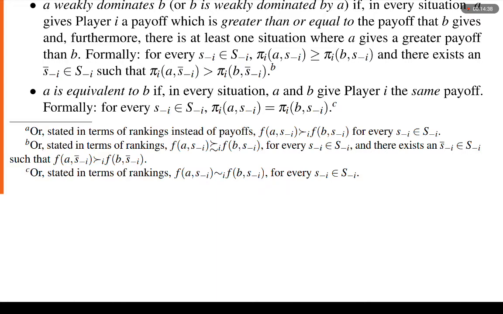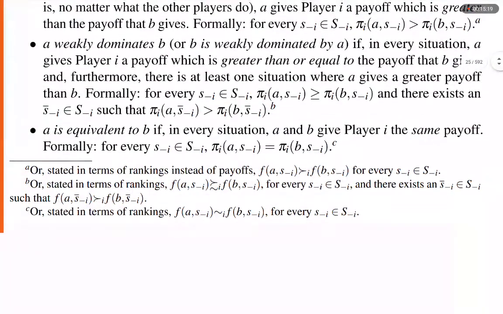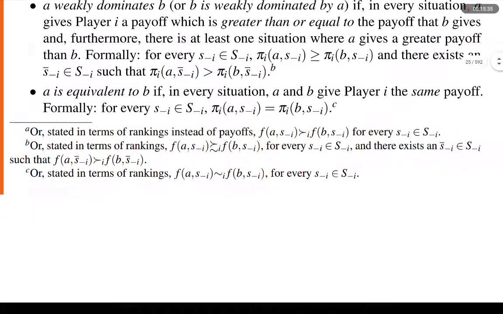Formally, for every S sub negative I, an element of capital S sub negative I, pi sub I of A, comma, S sub negative I is greater than or equal to pi sub I of B, comma, S sub negative I. And there exists an S bar sub negative I, an element of capital S sub negative I, such that pi sub I of A, comma, S bar sub negative I is greater than pi sub I of B, comma, S bar sub negative I. Notation,